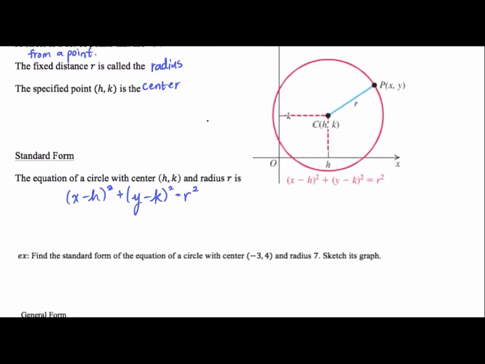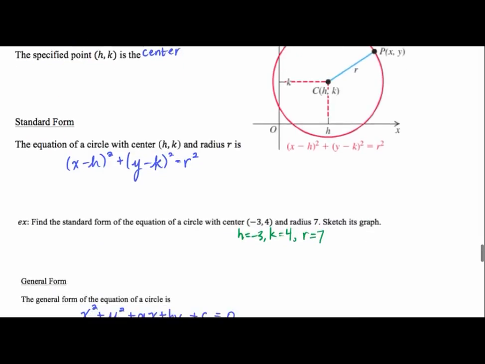What we're going to do is find the standard form of the equation of a circle with center negative 3, 4, and radius 7. And then we'll sketch a quick graph of that. So what is H? Yeah, H is negative 3. K is 4, the y coordinate of the center. And R is 7. So if we plug all that into the standard form,